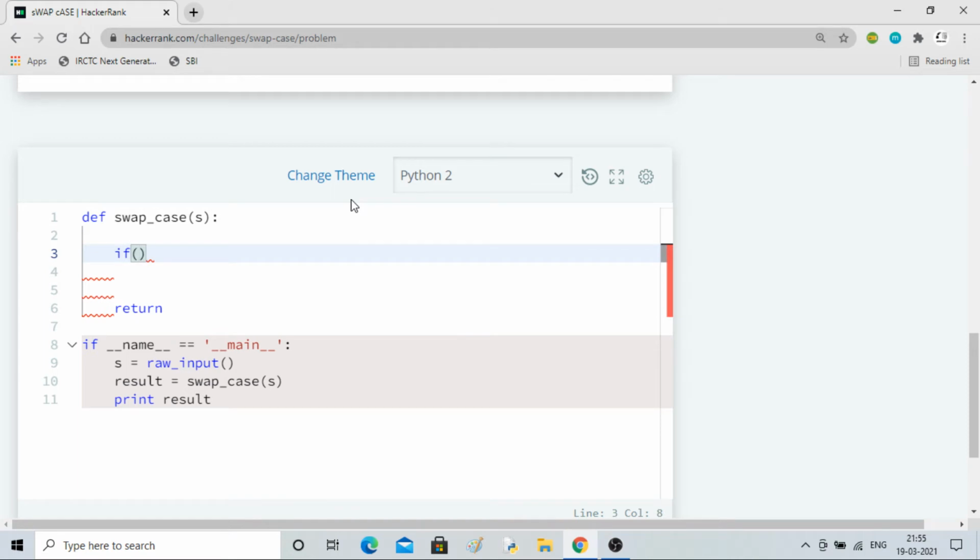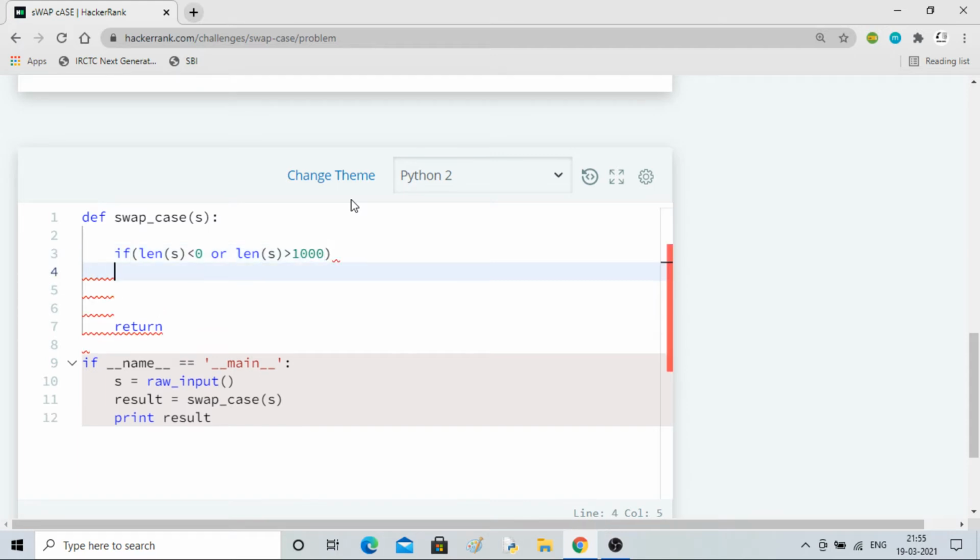So if the length of s is less than 0, or the length of s is greater than 1000, then we will store in a variable a string, "length of string is out of range".